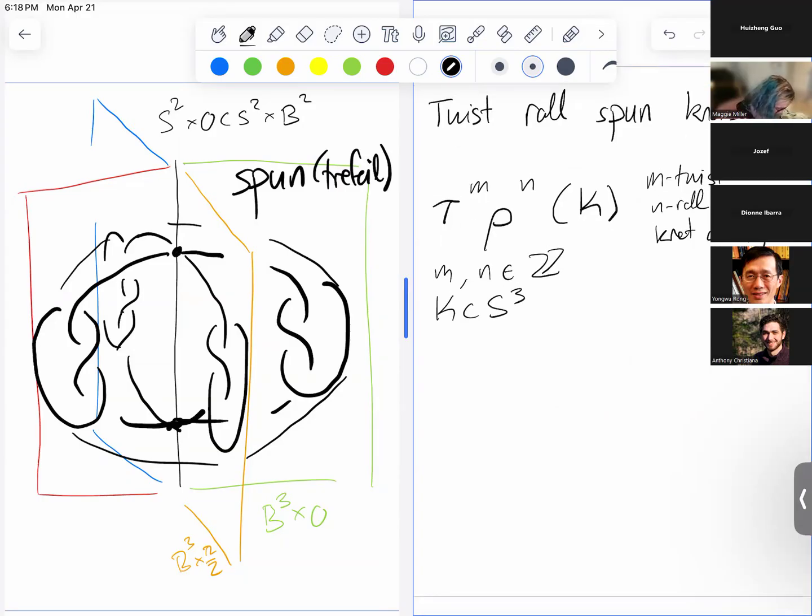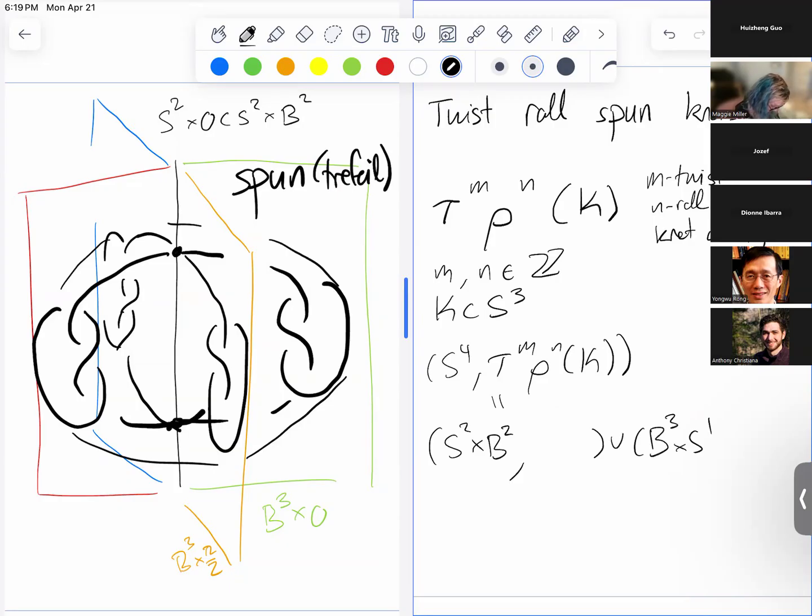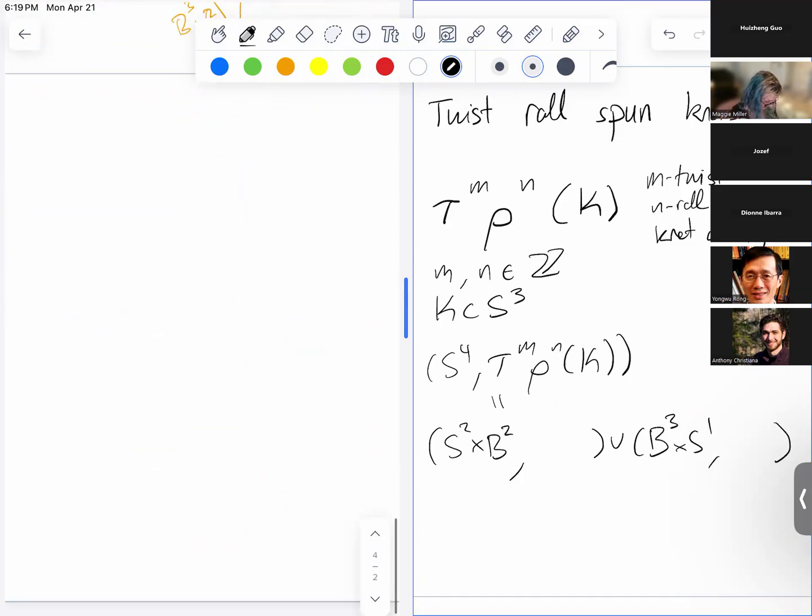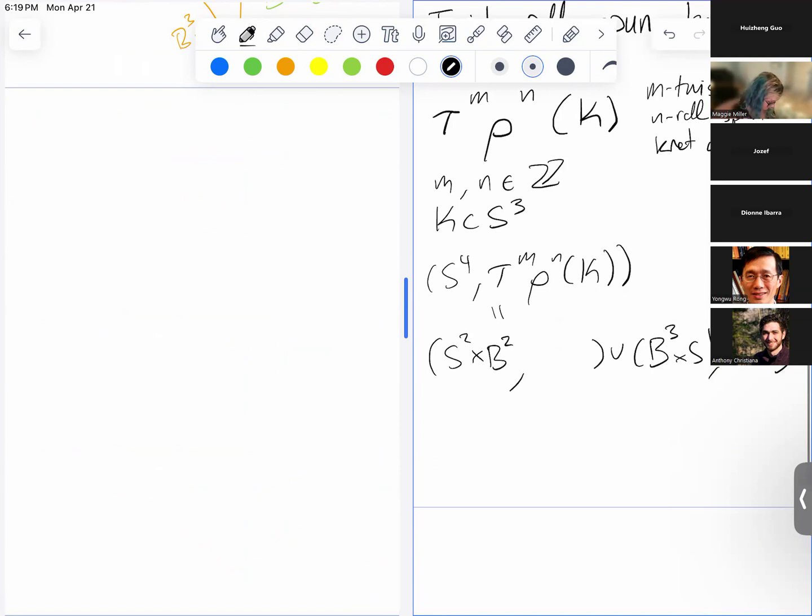But we're going to construct this in exactly the same way, where I'm going to use this decomposition of S4 in two pieces, and I'm going to specify that this particular two knot sits inside of S4 by specifying its intersection with these two pieces. So I'll have the S2 cross B2 piece, and then I'll have the B3 cross S1 piece. Okay. So let's look first at this B3 cross S1 piece, because this is going to be the interesting one,